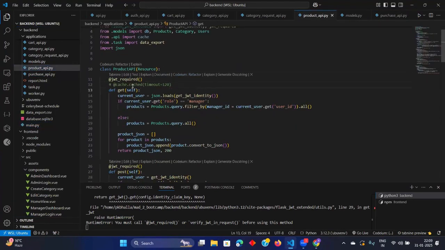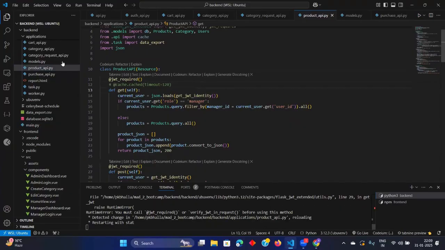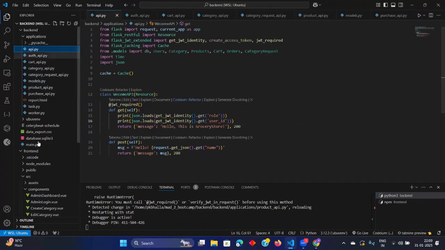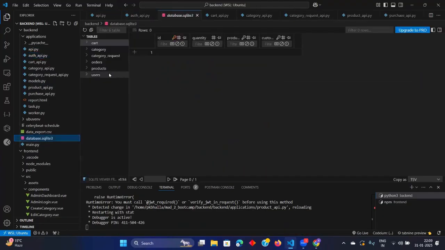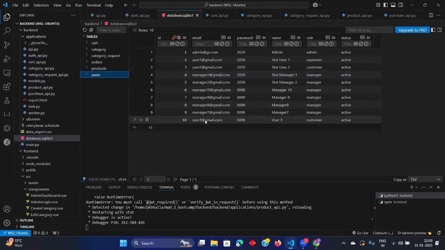Login API, and login as, let's say, the customer, user 3.